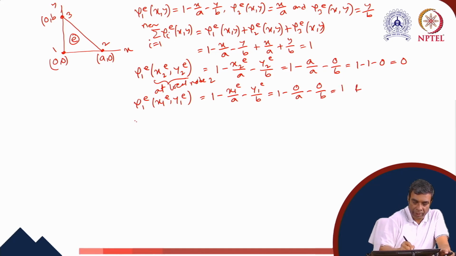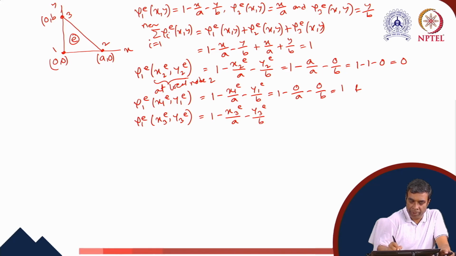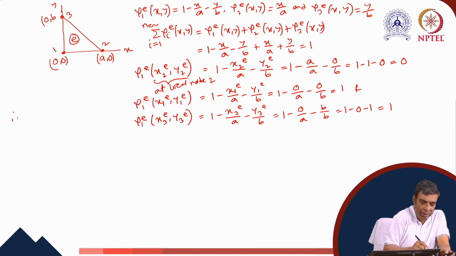And psi 1e at node 3, x3e, y3e, should be 0. So this is 1 minus x3e by a minus y3e by b, which is 1 minus 0 by a minus b by b, equals 1 minus 0 minus 1, equals 0. Therefore, the shape functions